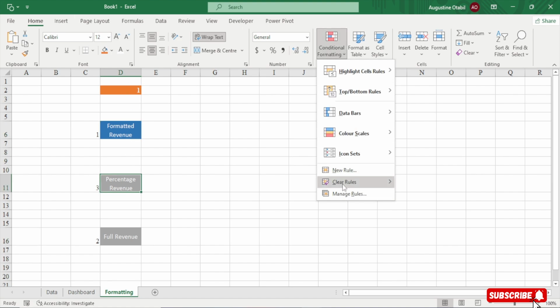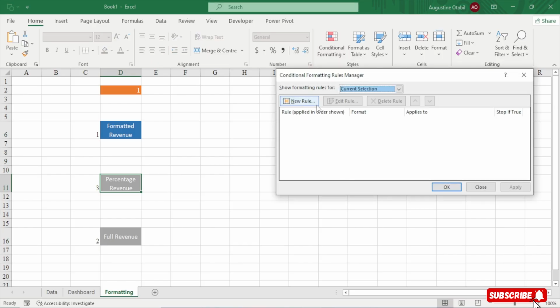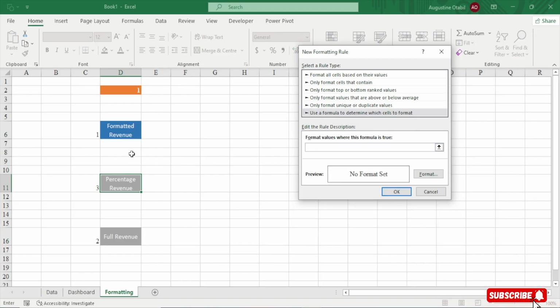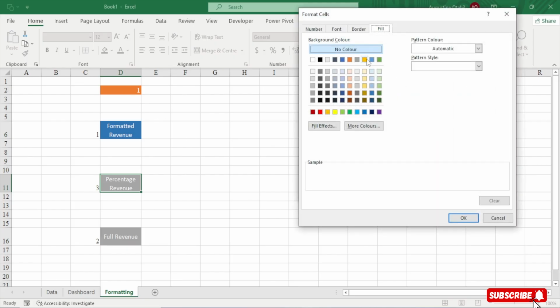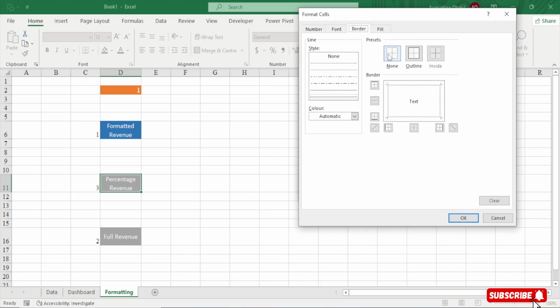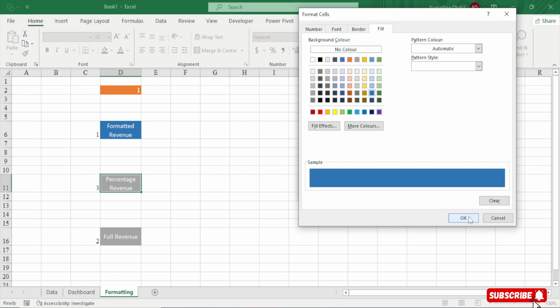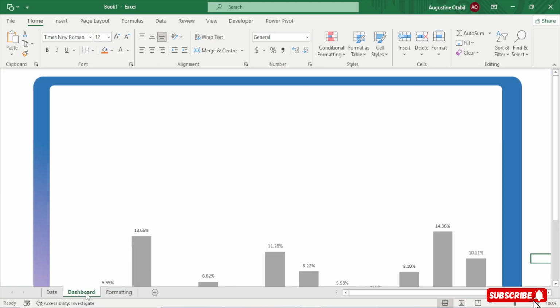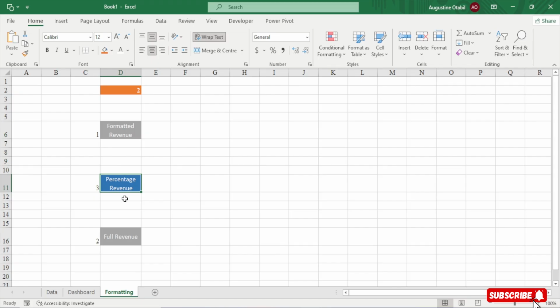Now we are going to select this and then do the same thing, right? Perfect. So go to conditional formatting. You can go to manage rules and then say new rule and then choose use formula. This one you are going to see if this is equal to, we said 1, right? This is going to be 2. If it is equal to 2, we will format it. We say the font should be white, regular, no border, then the fill should be blue. Hit OK, and then hit OK, and then hit OK. Now when you change this to 2, it will respond. Watch here. When I change to 2, you see this becomes what? Oh sorry.